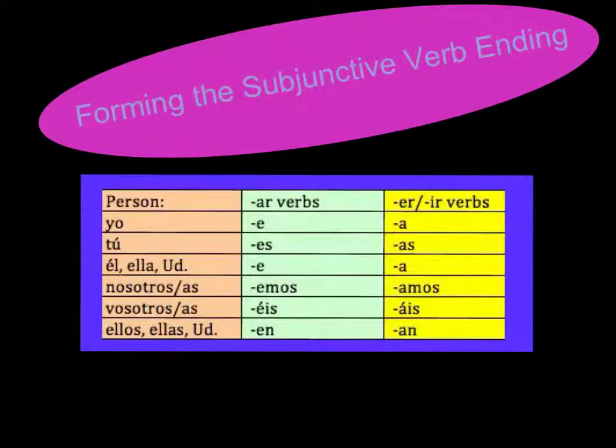Now here on this slide is a visual showing how to conjugate the basic verbs, just like I did on the previous slide. As you can see, in the AR verbs, like hablar, the yo form turns into an e at the end. And then vice versa, for ER/IR verbs, you have an a, because you're switching to the opposite ending.